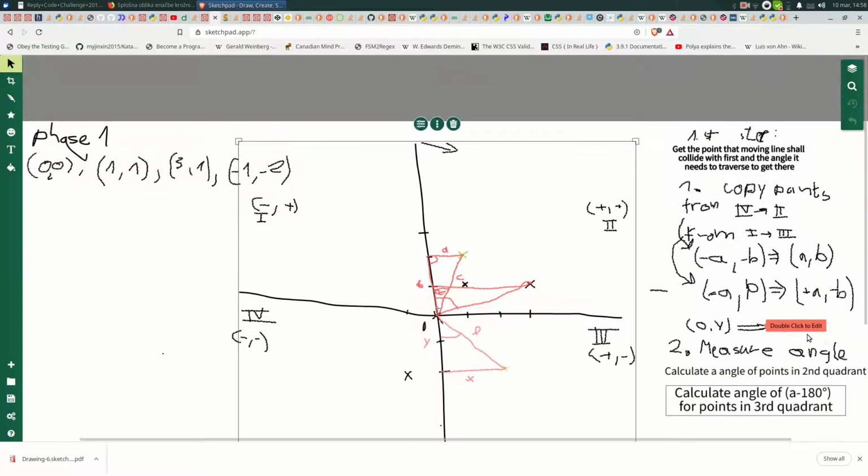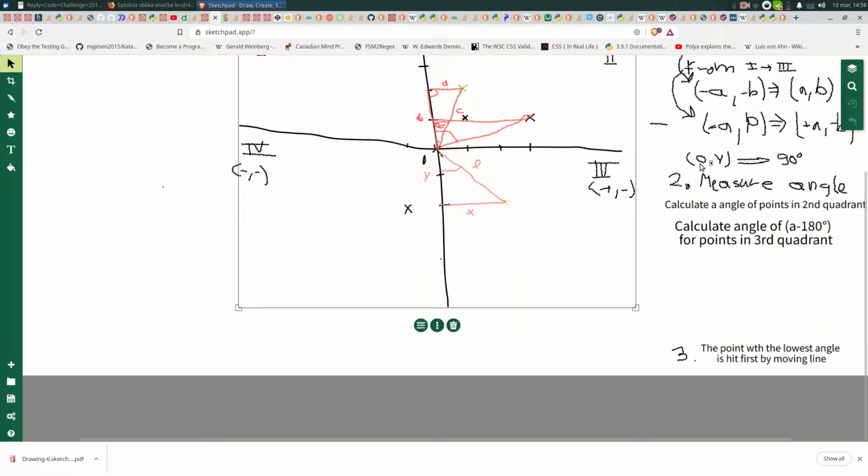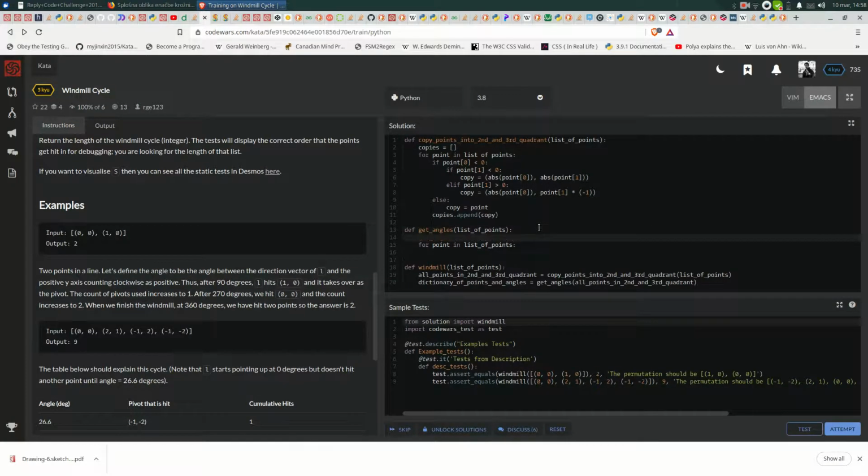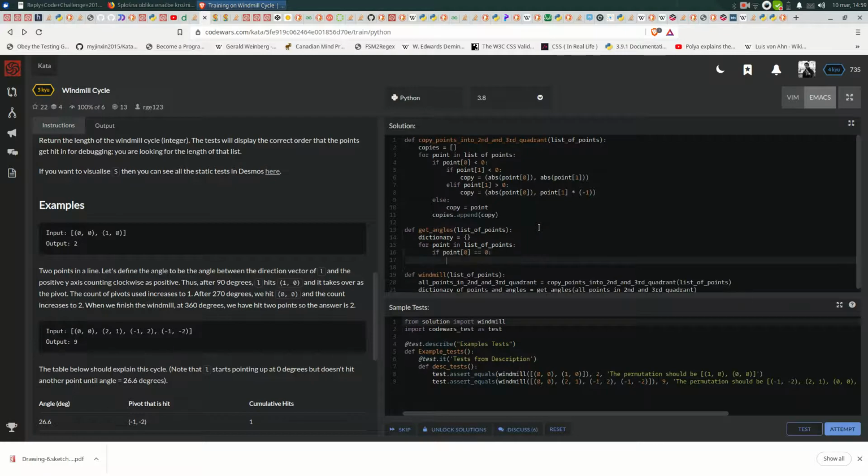First we say of course if that's 90, of course we do. So dictionary is empty in the beginning, and then we say if point, if the first property equals to 0, then we just do,